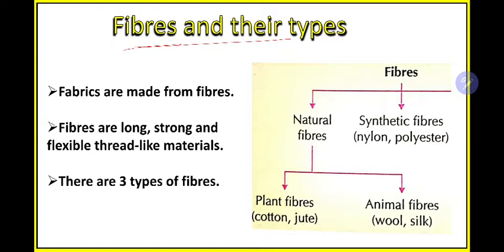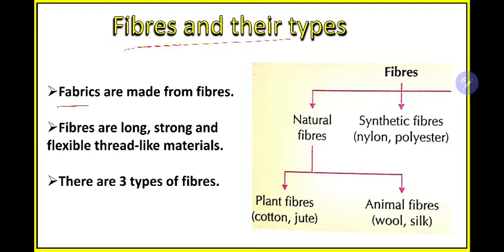So we need to know from where these clothes are being developed, what is the process of developing, and what are the different types of cloth. In general, if I ask you what the different types of cloth are, I know you can answer: sir, we have cotton cloth, we have silk cloth, then we have cloth made up of wool. Synthetic clothes, these are some common types of clothes which you use in daily life. In our home we have a cotton bed sheet, our mother wears a silk sari, then we have a sweater made up of wool, and then synthetic sarees are also there. These are common, we all know. We'll learn how this happens and what the different types are.